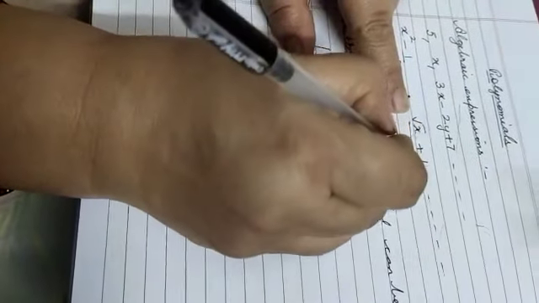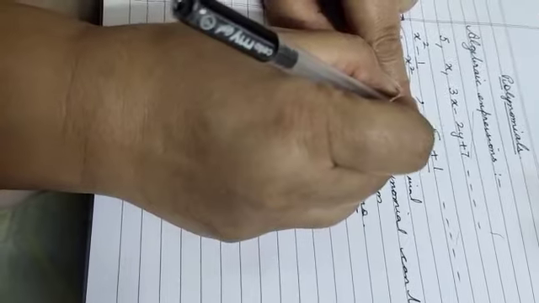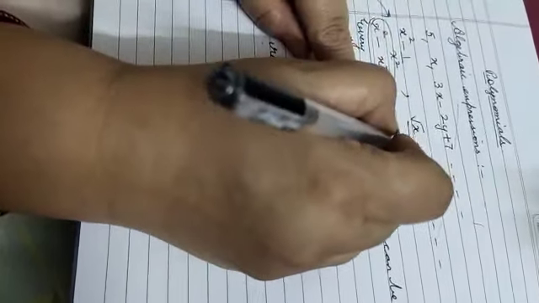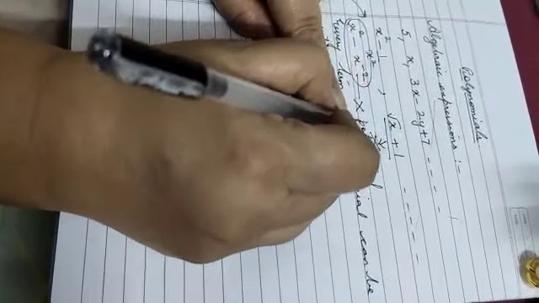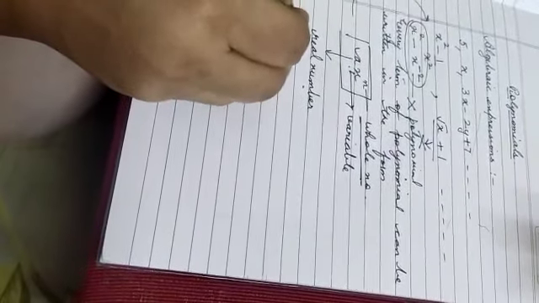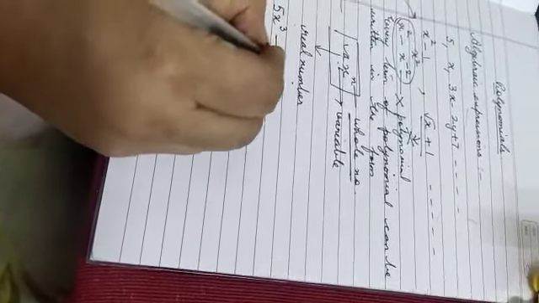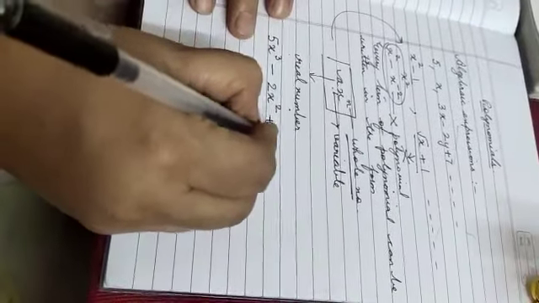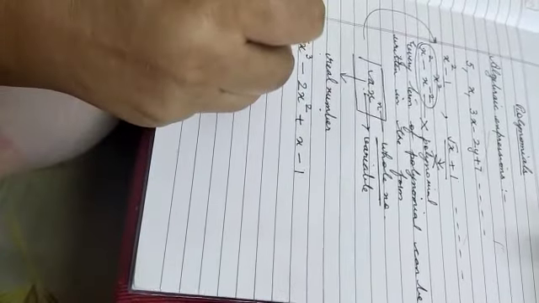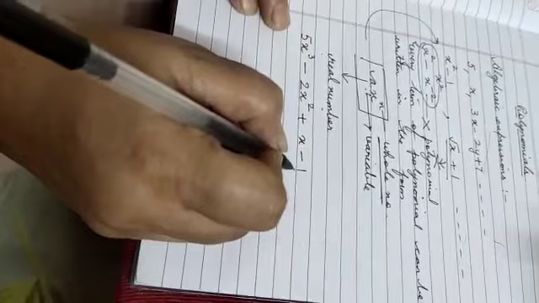Similarly, here in this example, if you see, power of x is root, that means half. So it is not a whole number. Therefore, this expression is also not a polynomial. Understood? Okay, so I'll give some examples of polynomial. 5x cube minus 2x square plus x minus 1. This is a polynomial. Okay, now I'll explain, we'll inspect each term and see why it is a polynomial.